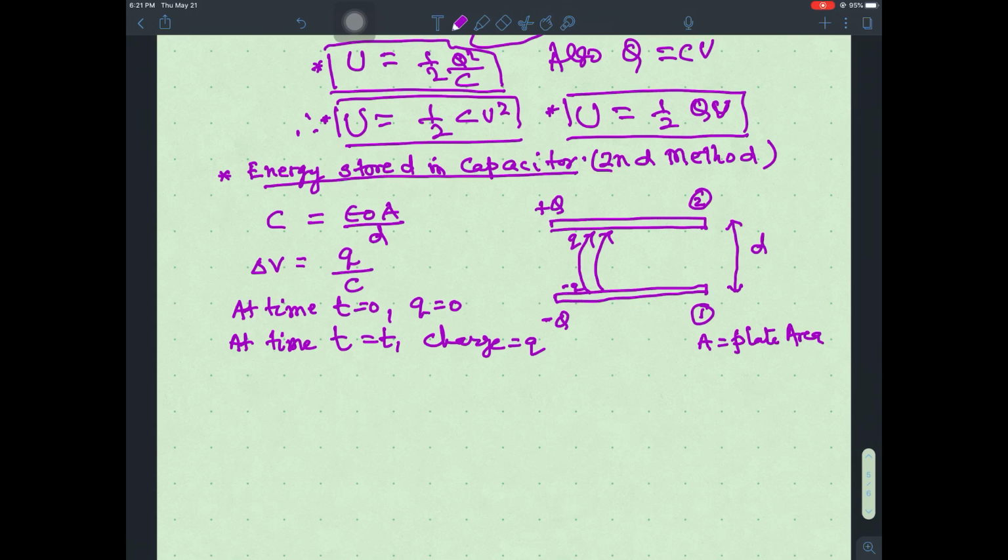On shifting additional charge dq to the positive plate, the small amount of work done dW is equal to V dq. Why? Because it is potential difference times charge. So total work done,